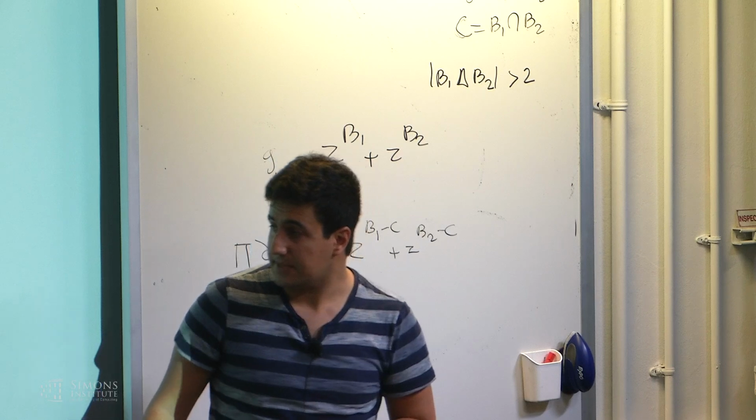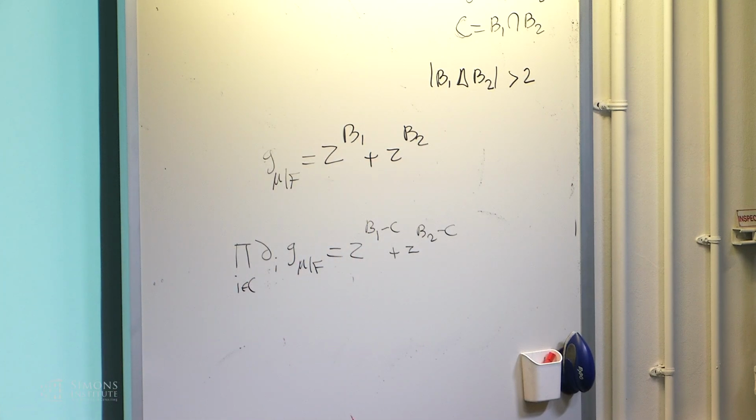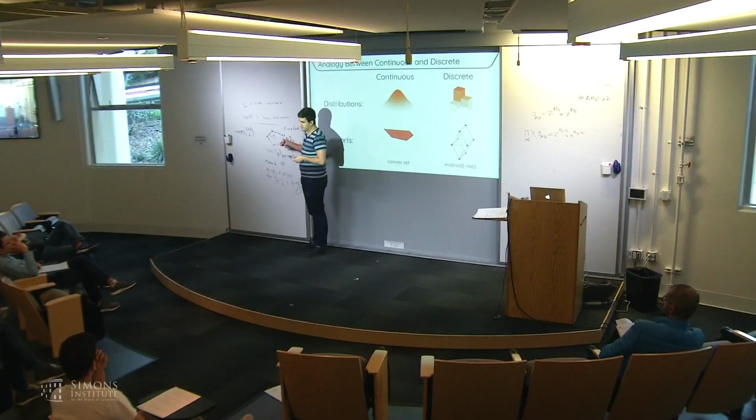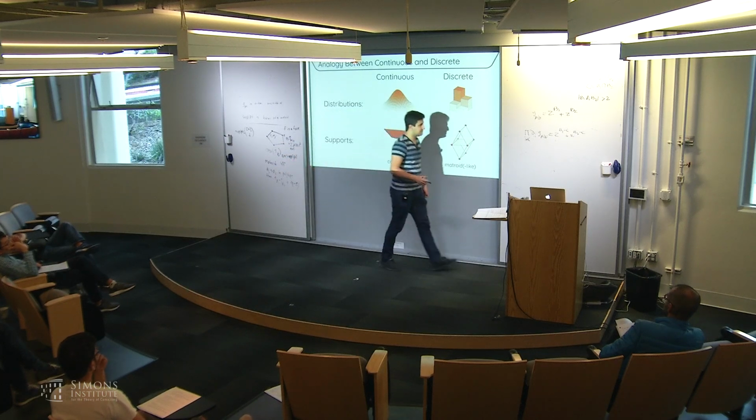So all I have to show you now is that when you have a face of this polytope, if you restrict your polynomial to the face, then complete log-concavity is preserved, right? And this is also easy to show because,